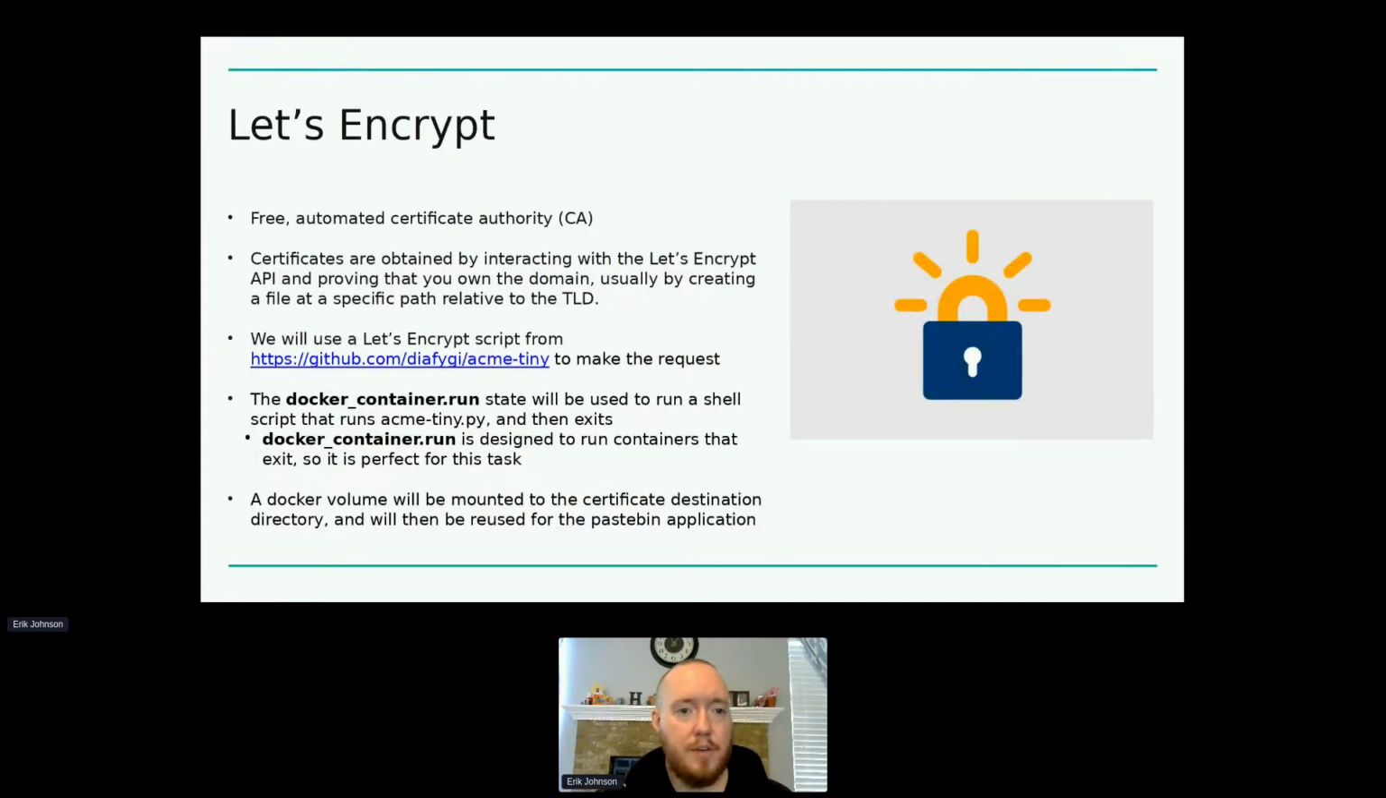So for Let's Encrypt, for those of you who don't know what Let's Encrypt is, it's a free automated certificate authority. You basically interact with it through an API, and you have to prove that you own the domain, typically by having a file at a specific path relative to the domain that you're trying to secure. And so we'll be doing this with a Docker container and using a script called Acme Tiny, which is